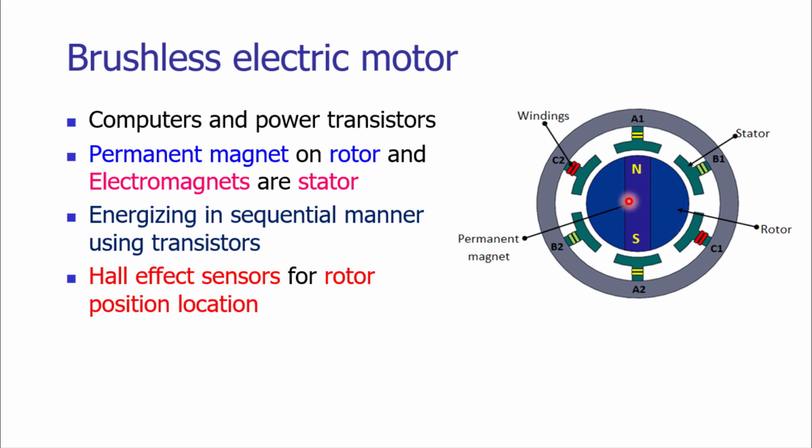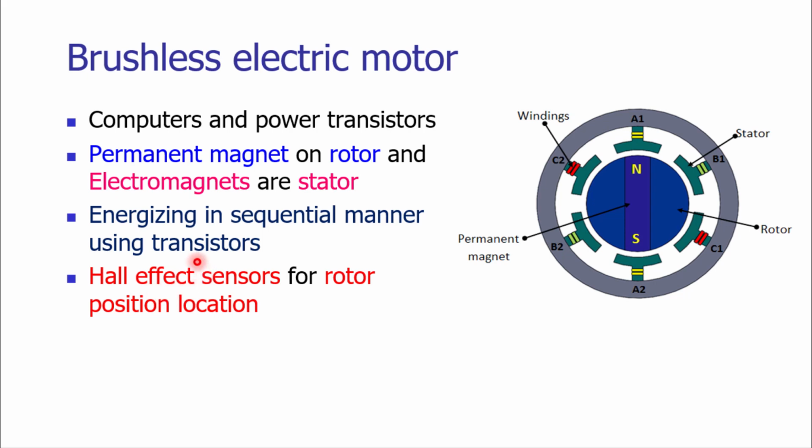Next, the C1, C2 will get energized. Then A2, B1 will get energized by changing the polarity. So in this way, by application of the current and change in the polarity, we can easily rotate the rotor. The location or the position of the rotor precisely can be monitored by using Hall effect